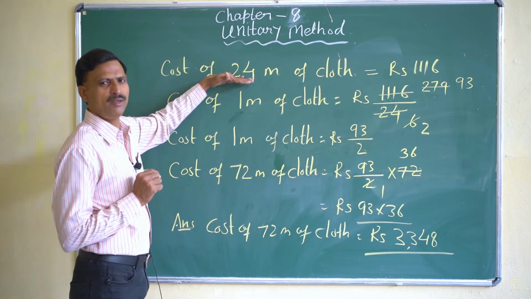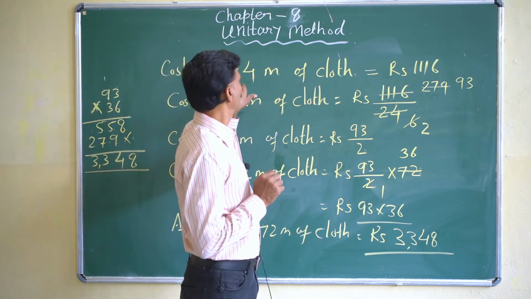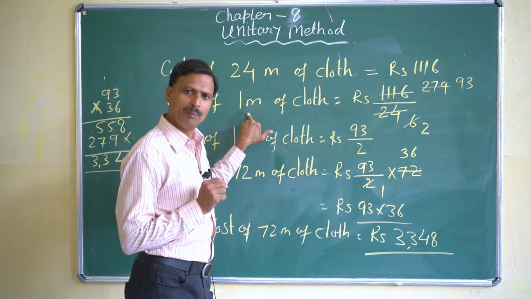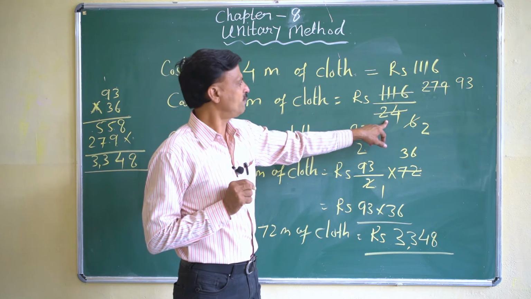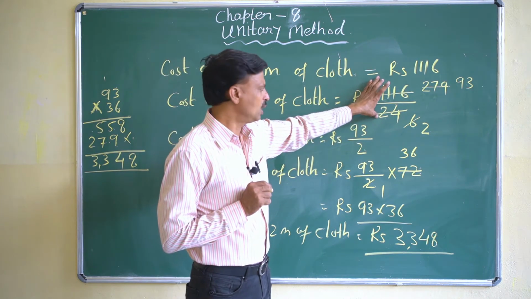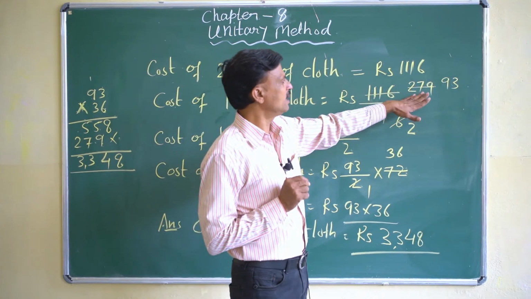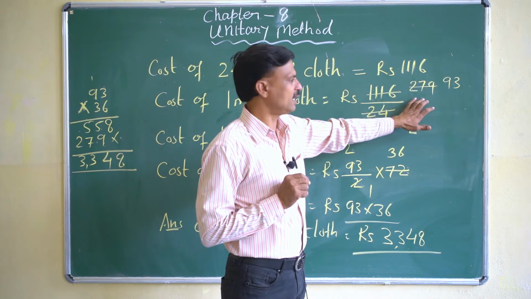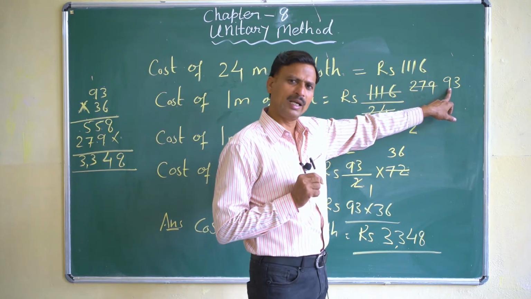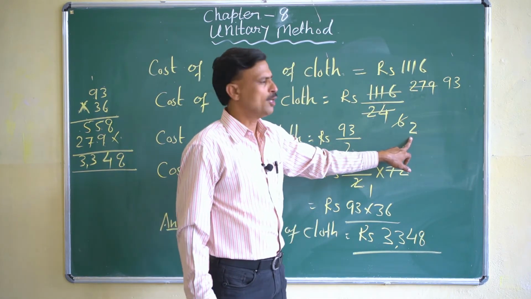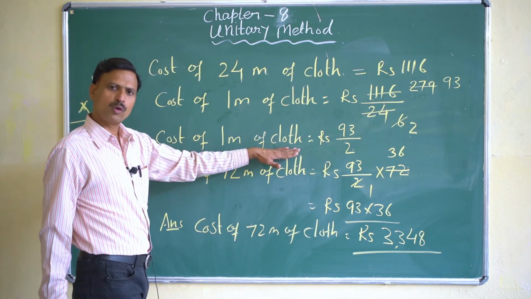So very first what we have done, we have found out the cost of 1 meter of cloth. So 24 meters was given, we are finding for 1 meter, so we'll divide. So this value is divided by 24, right? So when we divided, it was cancelled first by 4. So 24 divided by 4 is 6, and this value divided gives 279. Then this 6 is divisible by 3, 3 2 ja, and this also 3, so we are getting 93, and this we are getting 2. So 93 upon 2, this is the cost of 1 meter of cloth. Okay.